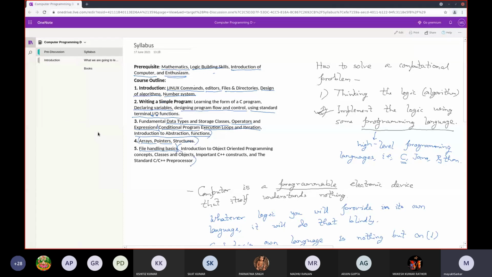Alright, so we have finished everything we had to discuss in the introduction, except the logic or the algorithm, how to think about a logic, and the study of algorithm, which we are going to discuss after you get to know the basic features of a programming language and what elements a programming language provides, so that you can represent the particular logic in that particular language.